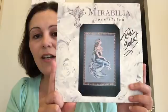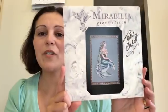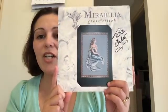I also worked on, just for the 1st of November, Enchanted Mermaid, and if you're not aware, there's Mervember throughout the month of November, which is working on any mermaid by Mirabilia. So I'm working on Enchanted Mermaid, and I have this one